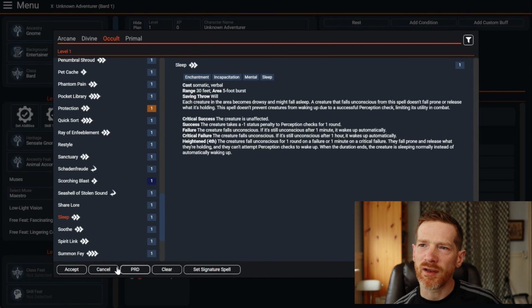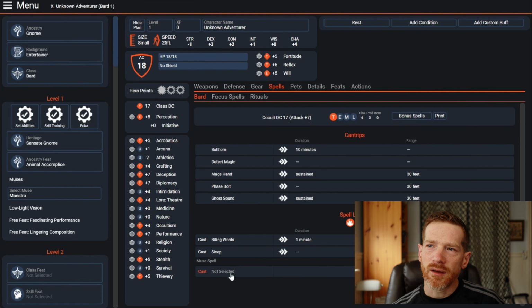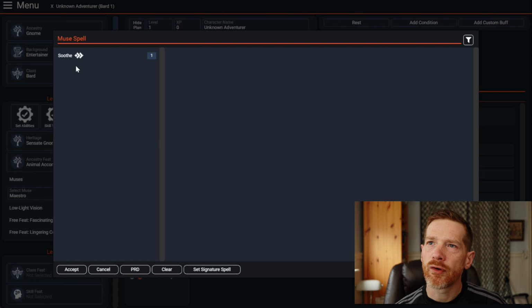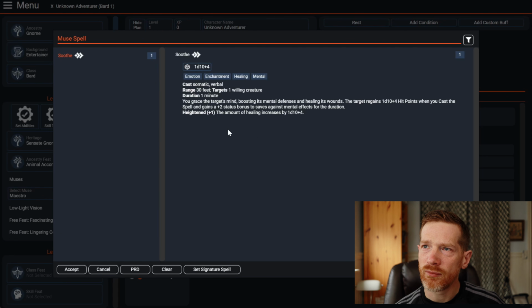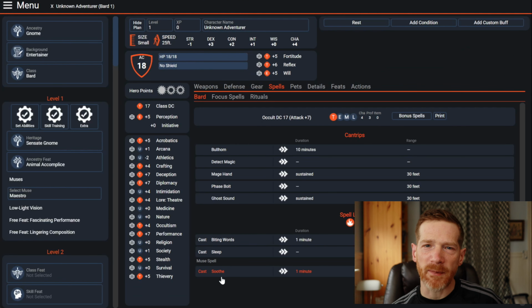The idea that she might sing someone a lullaby and have a magical effect of them perhaps falling asleep. For her Muse spell, Soothe, which is kind of a fun little spell, was the additional spell that she gets from her Maestro Muse. And we didn't really talk about focus spells or ritual spells, but we'll talk about that as we